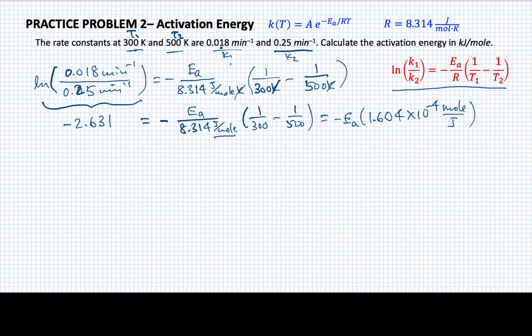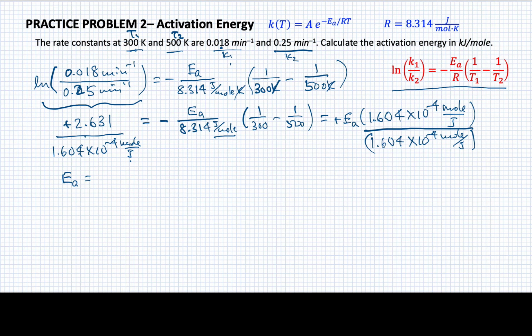Okay, so now how do we undo this? Well, we've got minus signs on both sides, so we can kill that. We can divide both of these by 1.604 times 10 to the -4 moles per joule. And we divide this by 1.604 times 10 to the -4 moles per joule. Now notice, since this unit is in the denominator, it's going to flip around when we make this division. And when we calculate this out, we'll find that the activation energy now is going to be